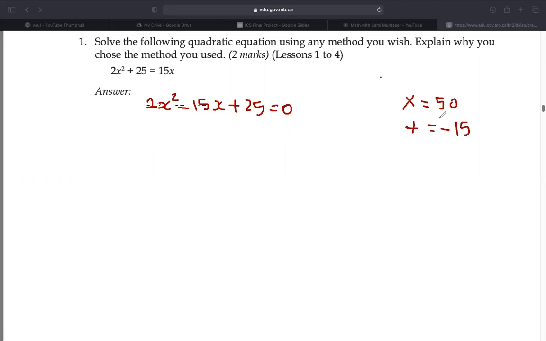If you're wondering where I get the 50 from, just 2 times 25 gives me 50, and then the negative 15 is the coefficient of x. And the two numbers that do that for me are obvious here, negative 5 and negative 10. Multiply to give me positive 150 and add to give me negative 15. So I rewrite, I'm not going to use the decomposition. I'm just going to use my own method for factoring. So x minus 5, x minus 10